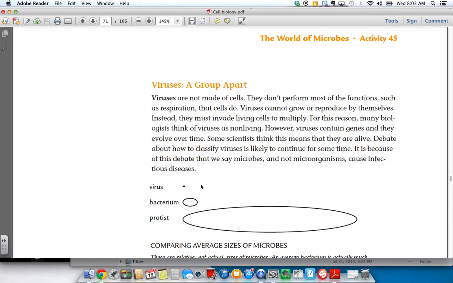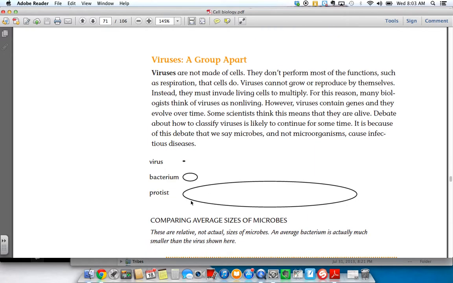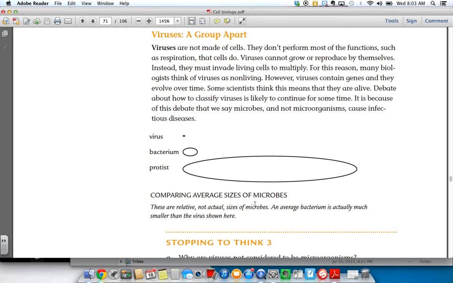However, viruses contain genes and they evolve over time. Some scientists think this means that they are alive. Debate about how to classify viruses is likely to continue for some time. It is because of this debate that we say microbes and not microorganisms cause infectious diseases. Here's the size of the virus compared to the size of the bacterium, compared to the size of the protist. These aren't actual sizes, these are relative sizes, which just gives you an idea of how small one is compared